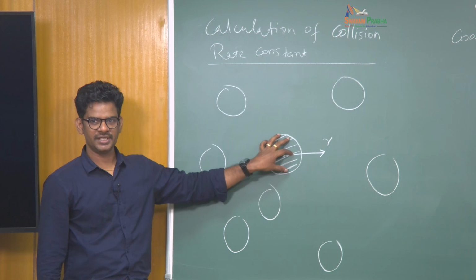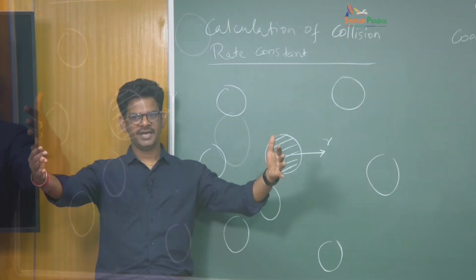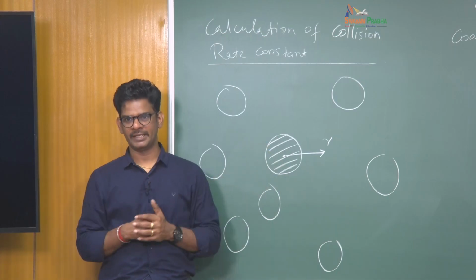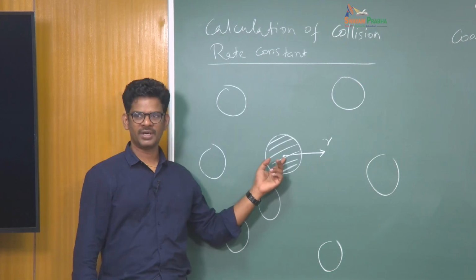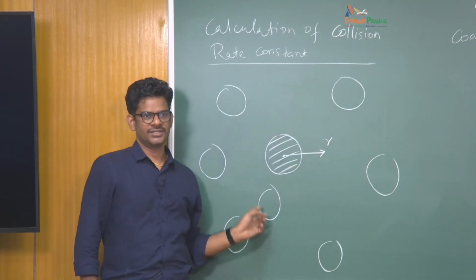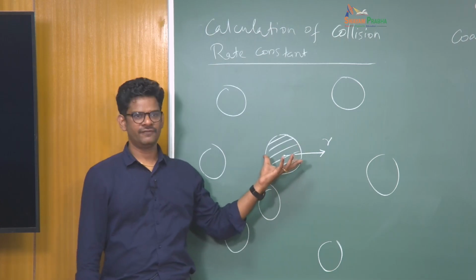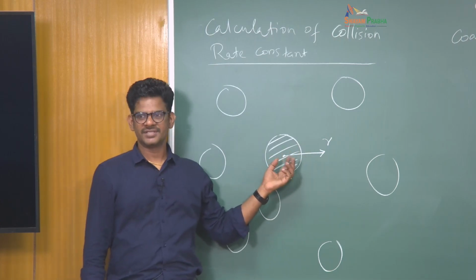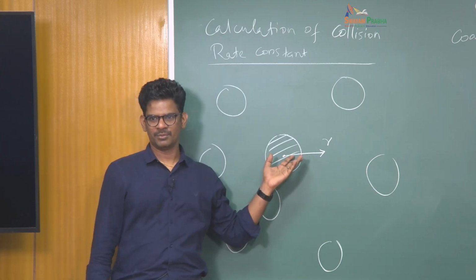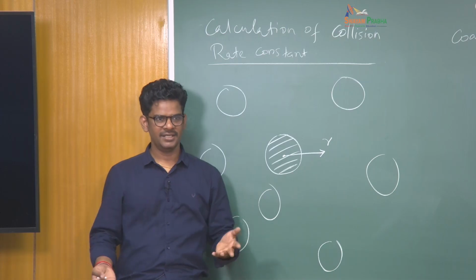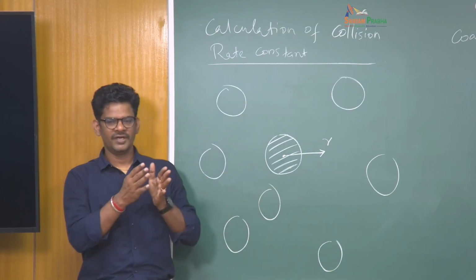Essentially, sitting at the particle center, I am asking what is the rate at which particles are coming towards me. That is going to tell me the rate of collision between this frozen particle and the neighboring particles for a given concentration. First we will get that, then we will remove this assumption that the particle is fixed. It can also undergo Brownian motion, because in reality all particles are moving about. But for the mathematical treatment of this problem, we are doing it in two stages.